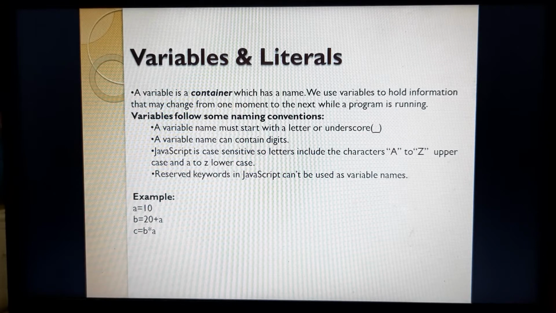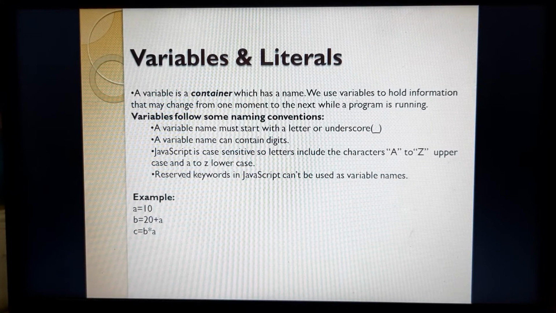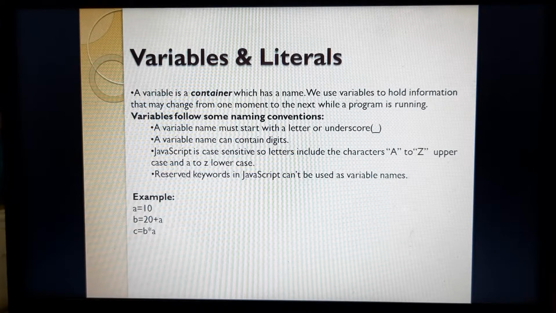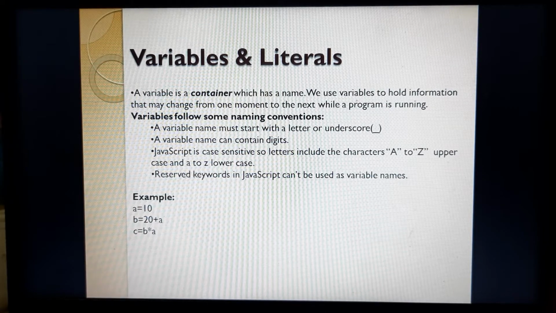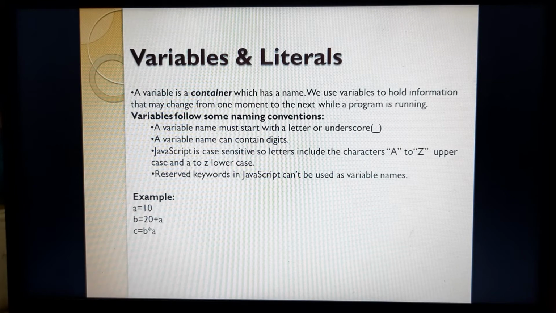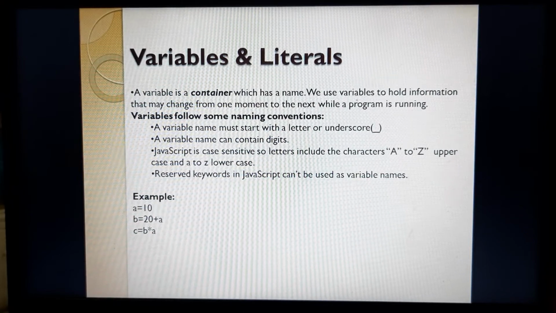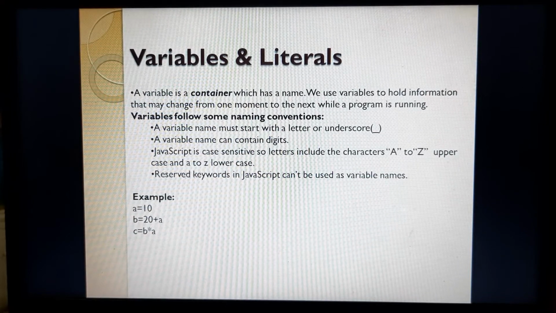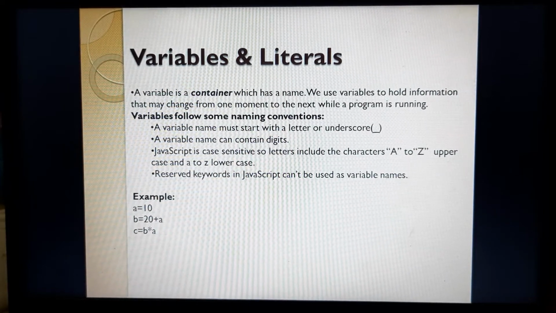So in JavaScript, we use variables and literals as we use variables in other programming languages. Similar kinds of variables we can use in JavaScript. As I told in the previous video, JavaScript is derived from, and the methodologies used in JavaScript are those of, the C and C++ languages. So as we write the syntax for writing a program in C and C++, similar syntax is followed in JavaScript.